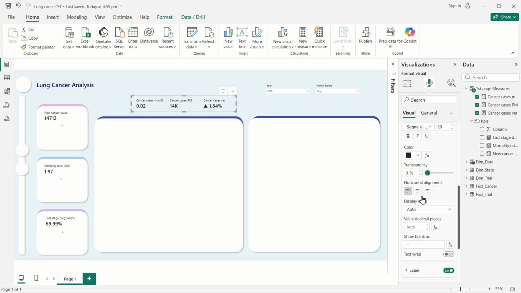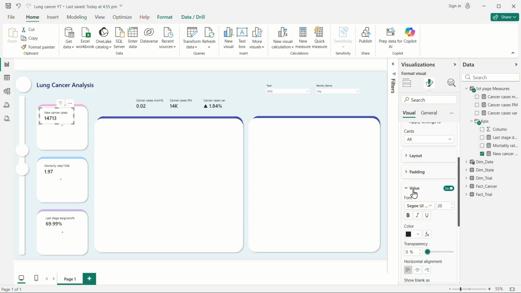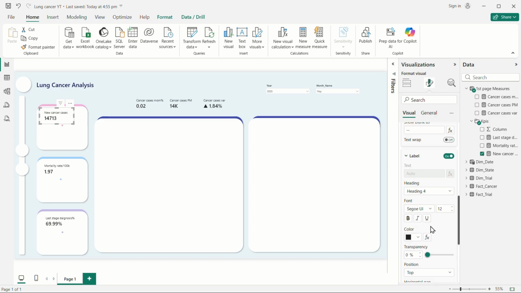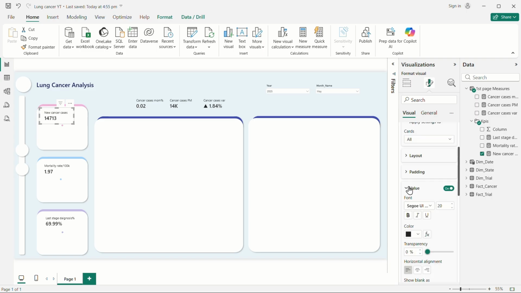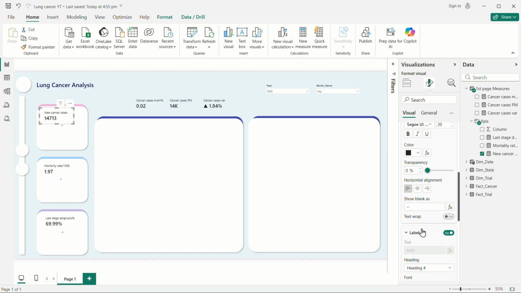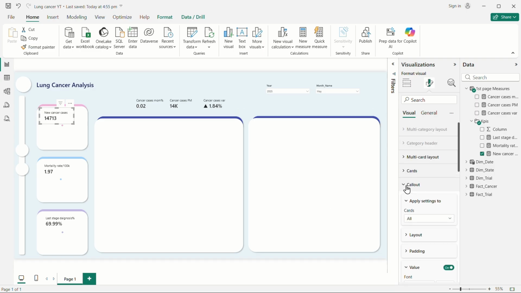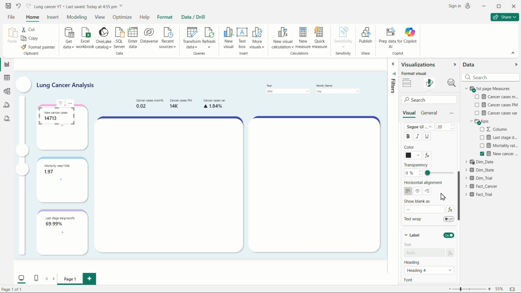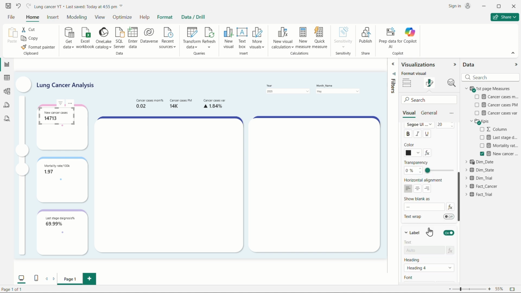Now you can go to this value and set it to auto, because we do not want a huge number getting piled up here. So go to this value and go to the callout, and in value select as